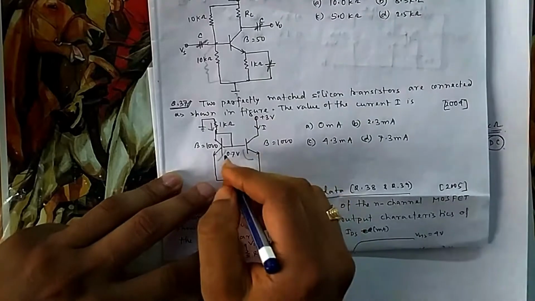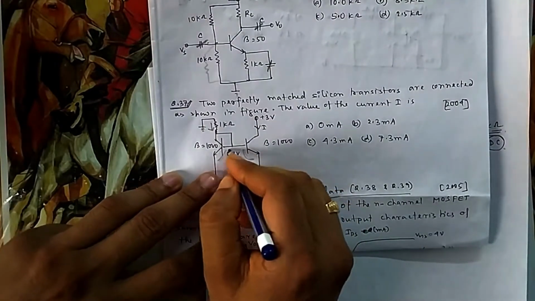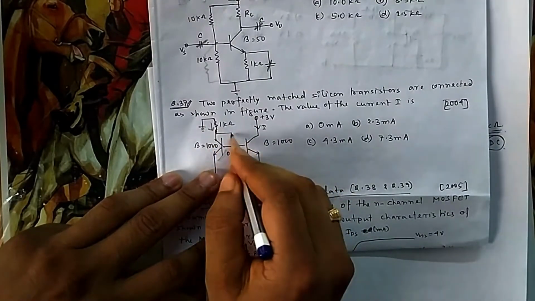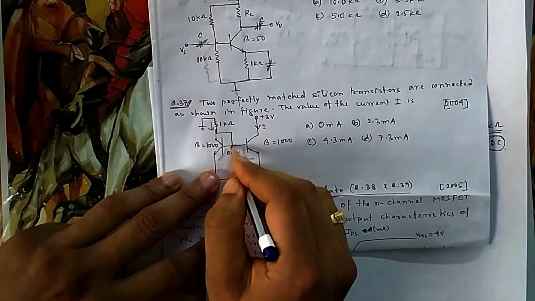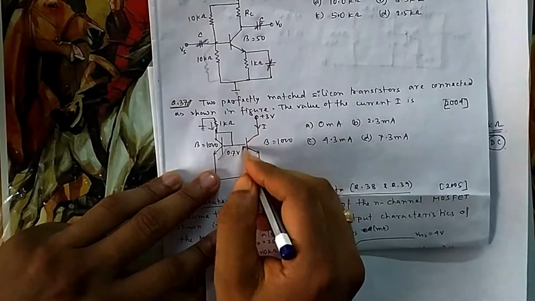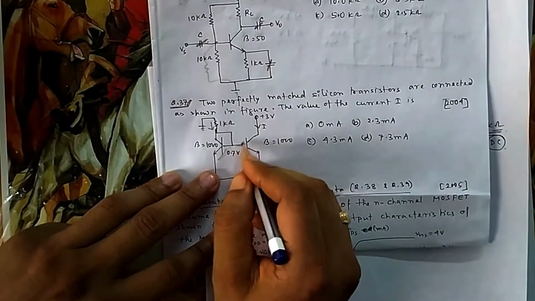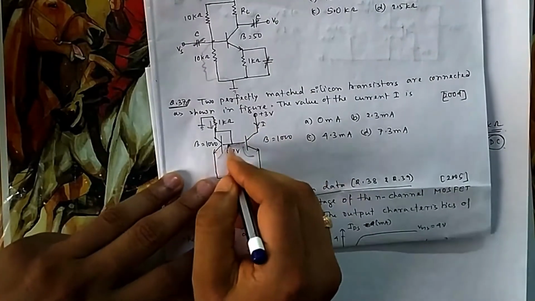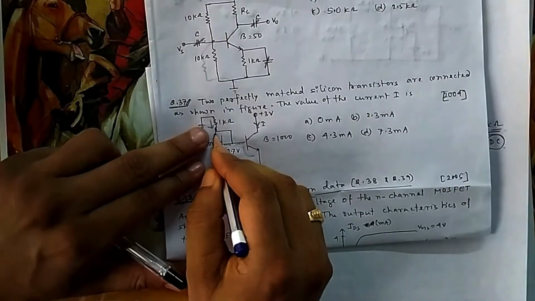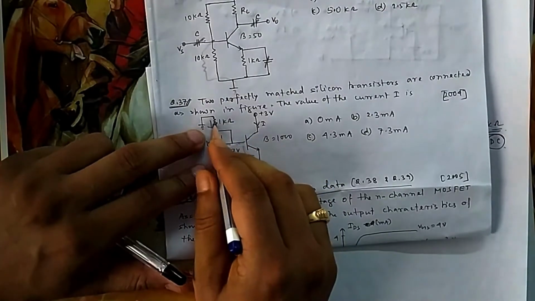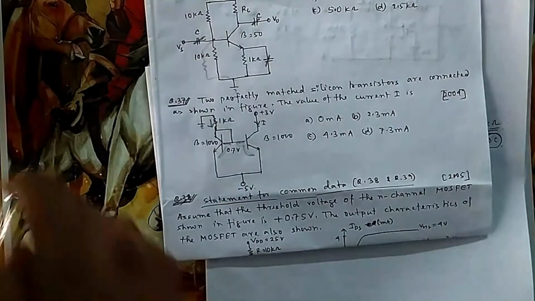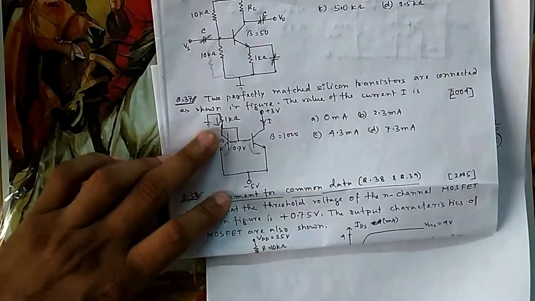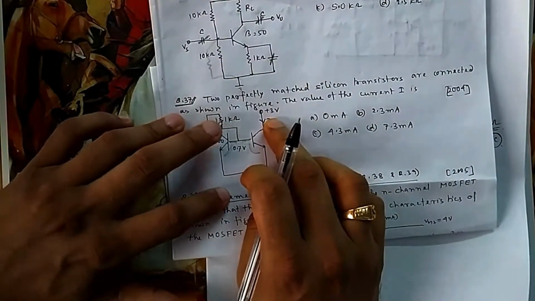This voltage and this voltage are the same, so the two base currents will be the same. So this will give me base plus base, so two base currents will come here, and this is base into beta. Whatever the base current is, base current into beta will be the same, so whatever current flows here, the same current will flow here also. So what will be the current here? This plus 2 base currents. The 2 base currents are very small because beta is very high, so it is assumed that this current and this current are the same.